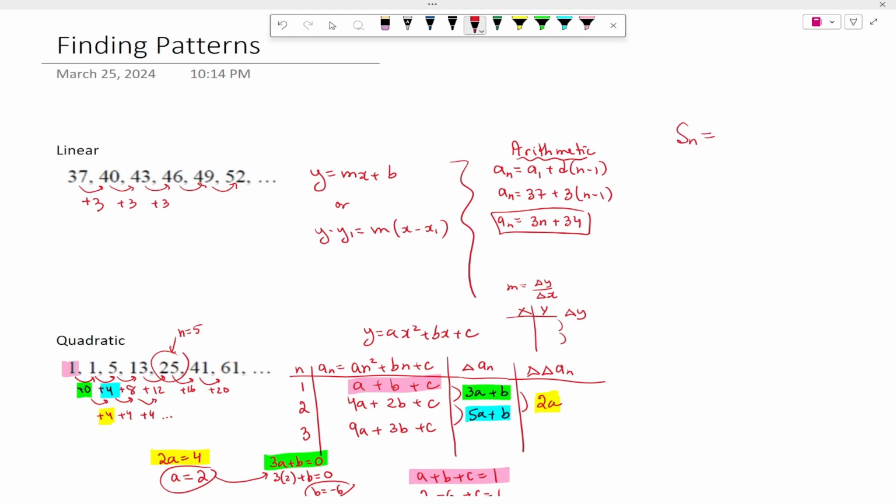It was n over 2. Yeah. And then times the bracket a plus d times n minus 1. So close. You're missing a 2 right there. 2a. Okay. Let me show you where it came from. So when